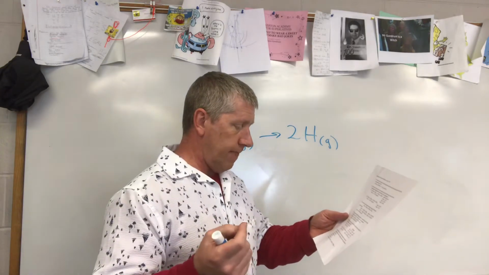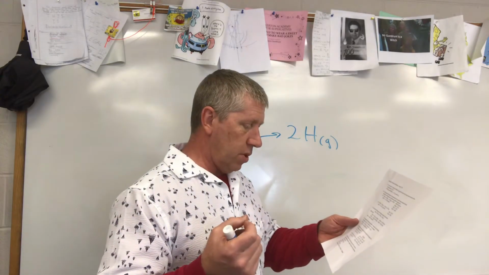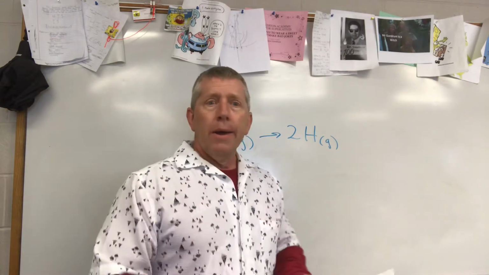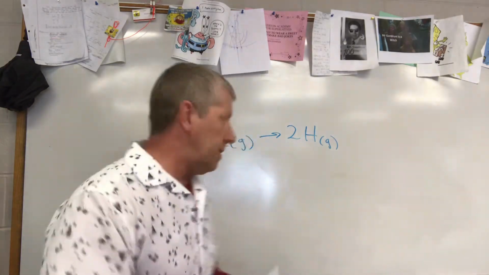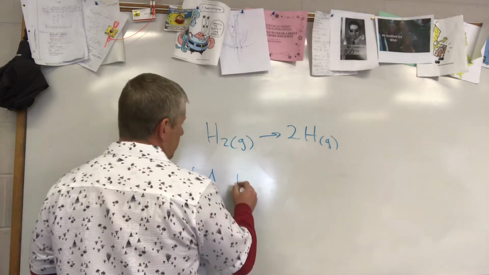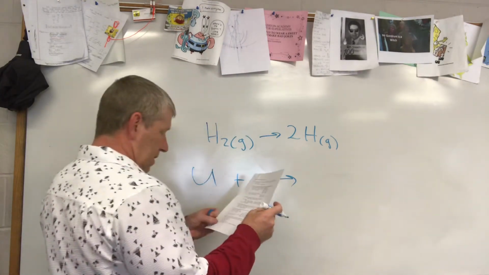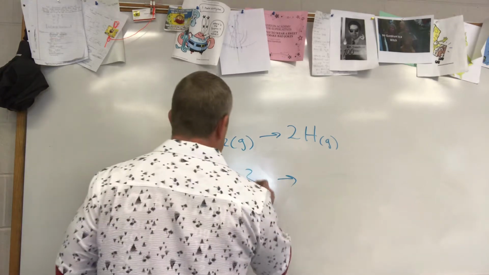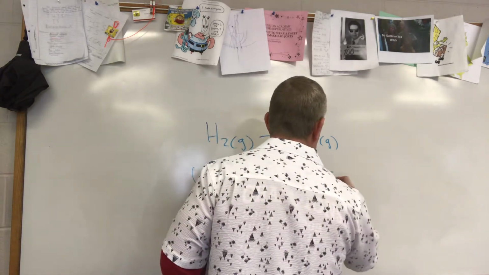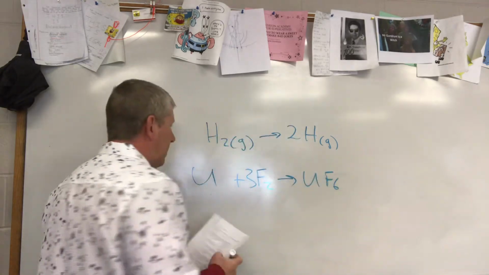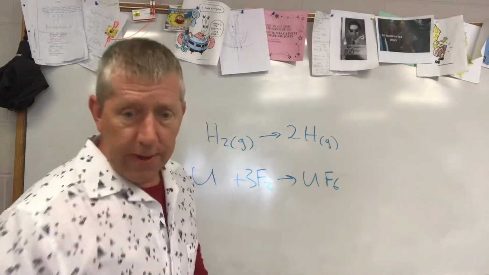A solid and a gas going to a solid. Well, a solid becomes a solid, and you might say, based upon earlier, we have uranium solid. Now, what are we hooking it up with? Three fluorines. So I'm going to get uranium hexafluoride. So I got my uranium, and that's a solid,